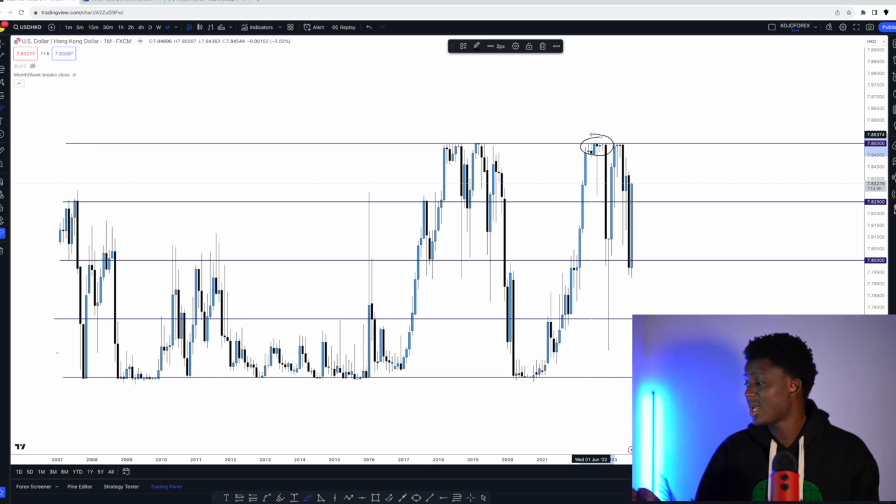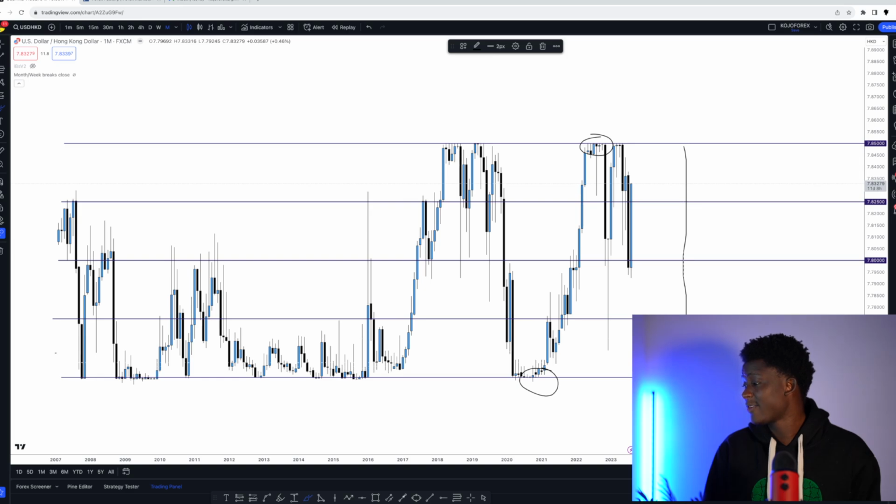The one that we are particularly focusing on is the range between this level right here and this level right here. You can see that it expands all the way from the 7.7500 region all the way to the 7.8500 region, right? And that is a 500 pip range. And you can see that, from what I illustrated to you in the earlier example, I have successfully divided this into two equal halves, which is this range right here, and then quarters, which is here and here as well, right? And you can see that over the years,